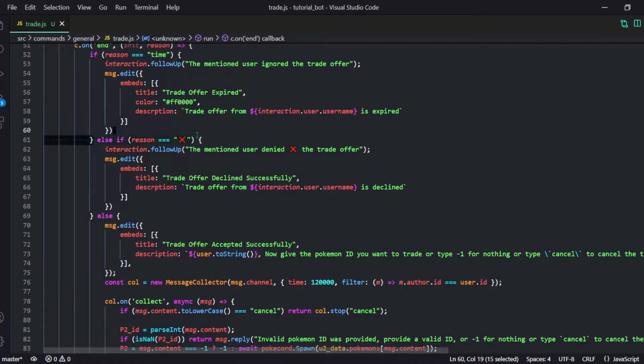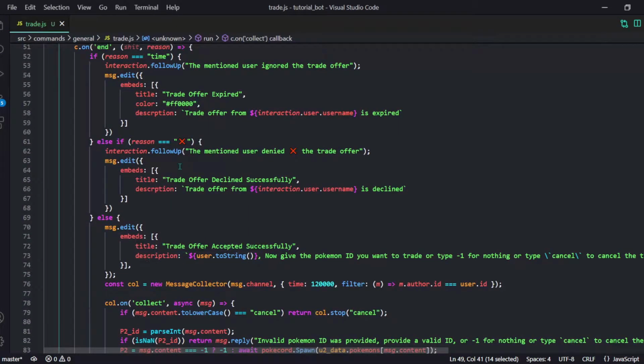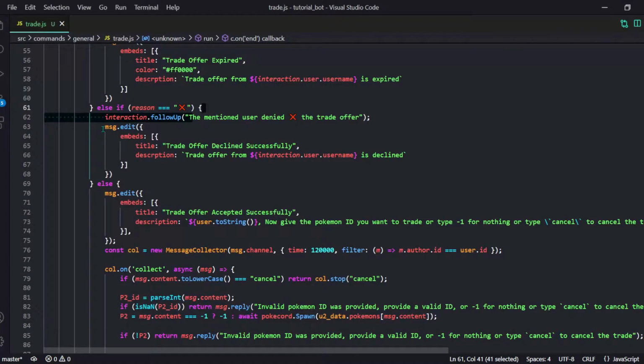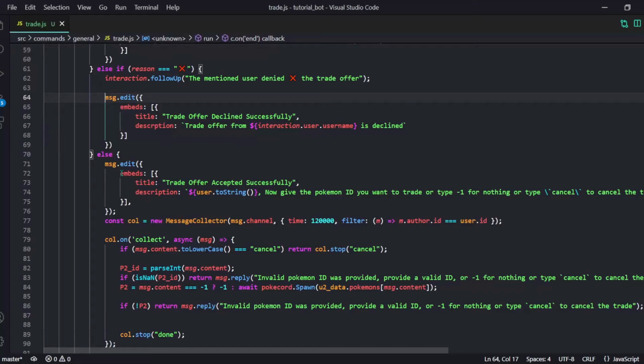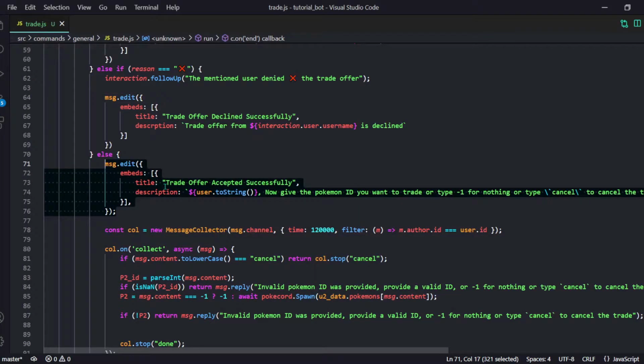And else if the reason is equal to cross, like this guy rejected the thing, so you can see we are stopping the collector with the emoji name. So if that thing is rejected, then we will say the mentioned user denied the trade offer, and we are going to edit that embed as well, and we will say trade offer declined successfully. Otherwise the trade offer is accepted. So we will edit the message and say trade offer is accepted, and the description will be,